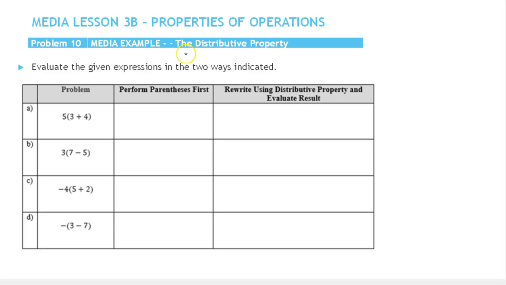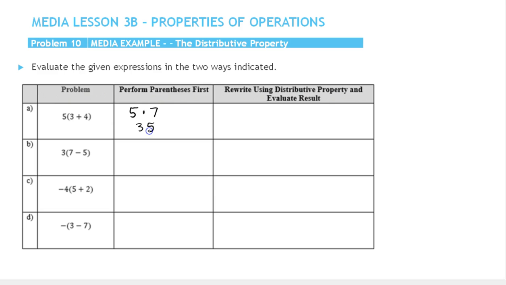In this video, we're going to practice using the distributive property by performing the parentheses first, like we learned in the order of operations, and then by rewriting using the distributive property and evaluating the results. So we'll get to practice using the distributive property, and also we'll get to see that the results, in fact, are equal. So performing the parentheses first, I would have 5, 3 plus 4 is 7, so 5 times 7